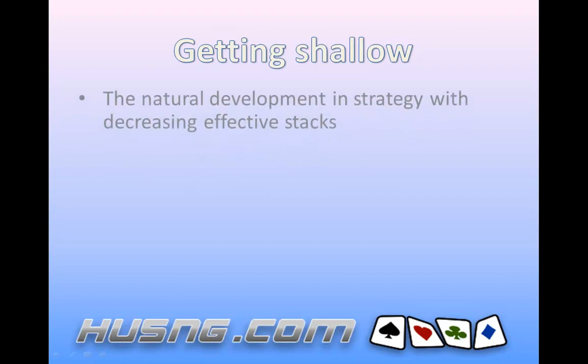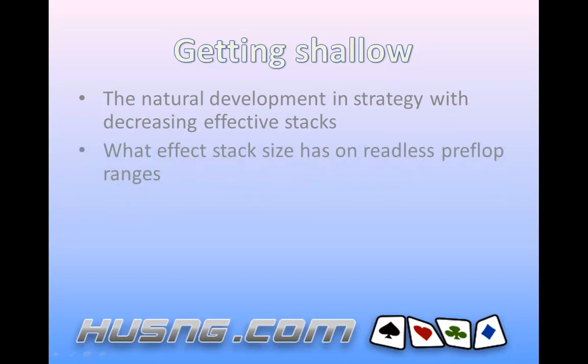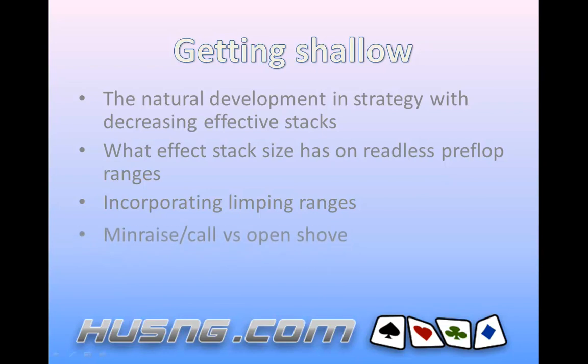In our fourth episode, we'll be looking at getting shallow, and this will be discussing the natural development of strategy with decreasing effective stack sizes. Now we're going to cover what effective stack size has on readless preflop ranges, incorporating limping ranges into your game based on both your opponent's aggression and your effective stack size, the min raise to call versus open shove argument,